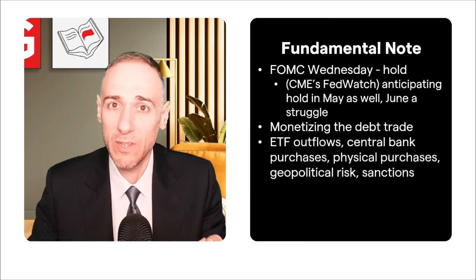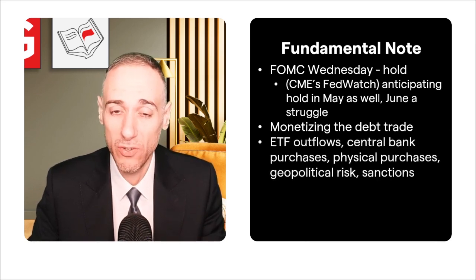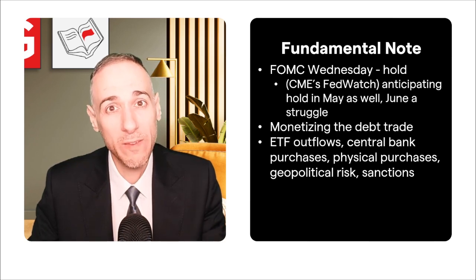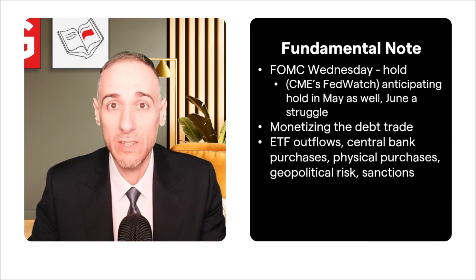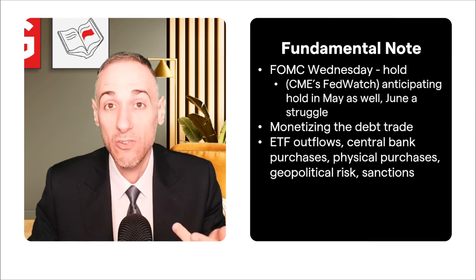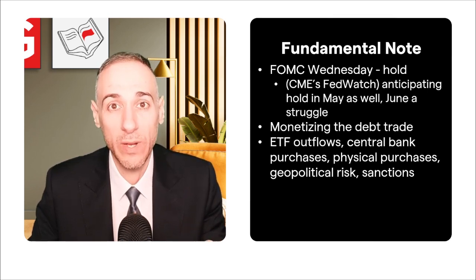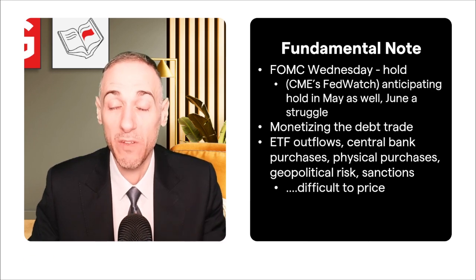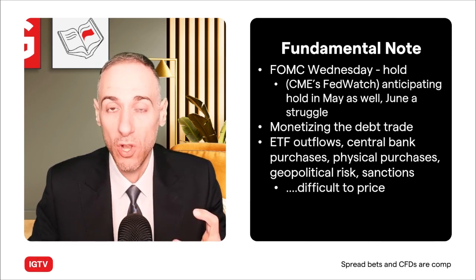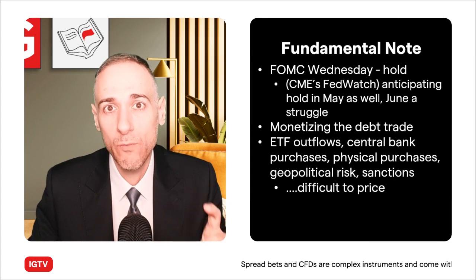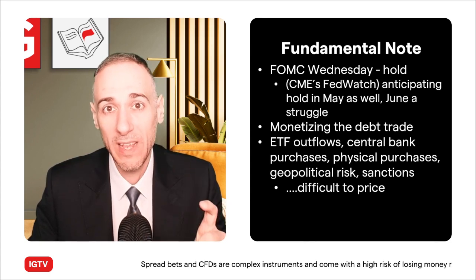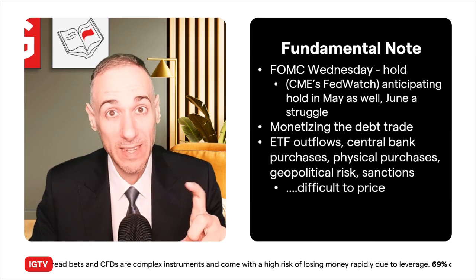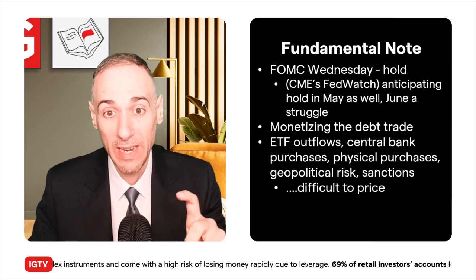In terms of ETFs, it's been a general story of outflows if you look at investors. With central bank purchases, though, there have been some decent months with strong physical purchases at times. And then, of course, people bringing up geopolitical risk as well as sanctions has led people to think, okay, maybe I need to go ahead and hold gold at this time. The thing is, those can be very difficult to price in, so there's a lot of room for massive moves when it comes to gold. And you might think, is that what's keeping the overview a little bit volatile, if you take these considerations into account?